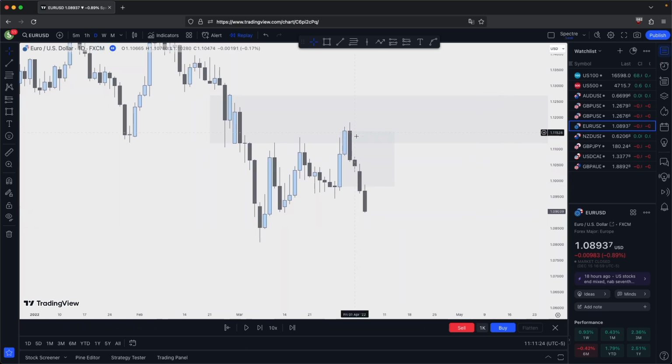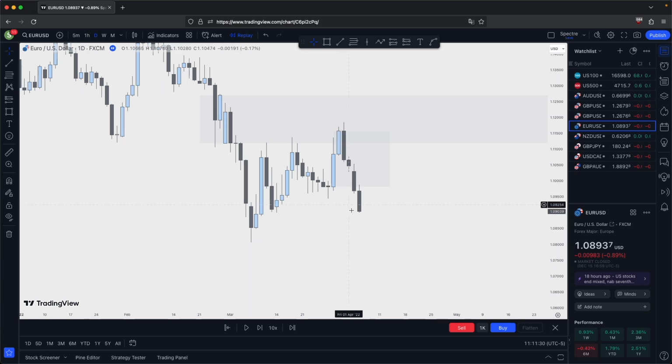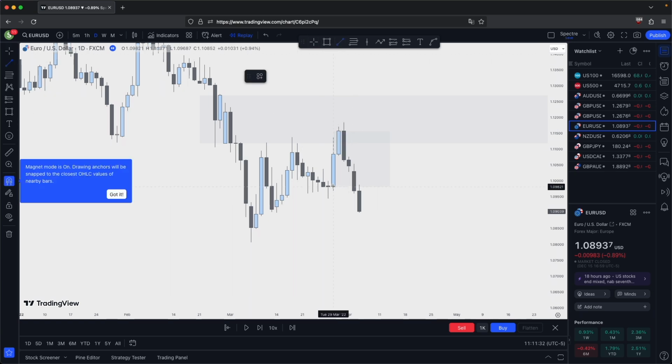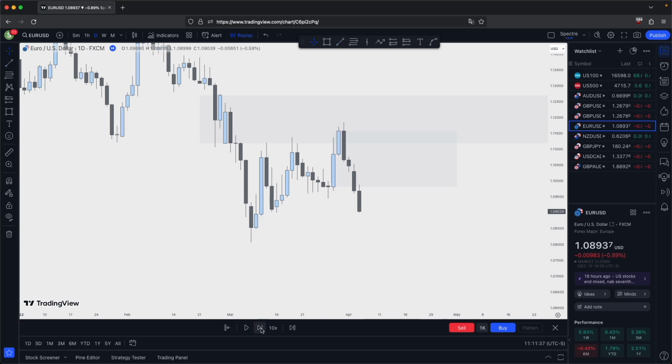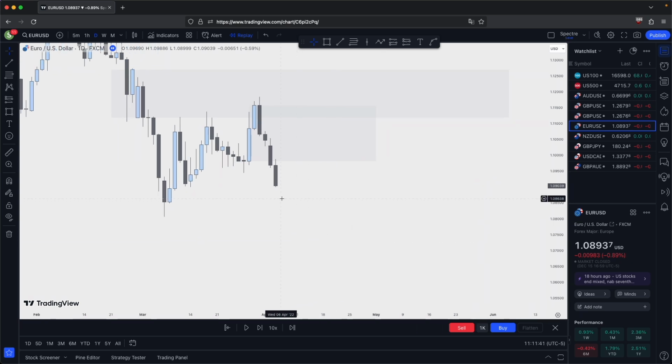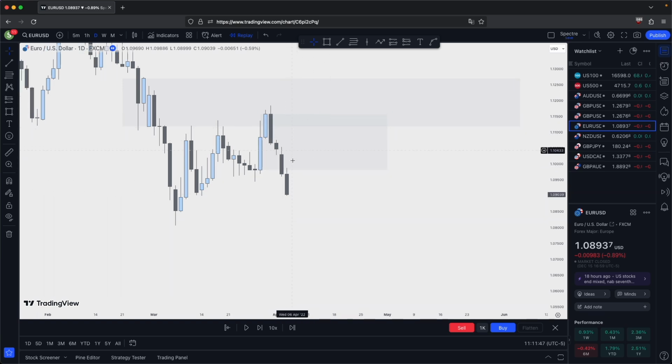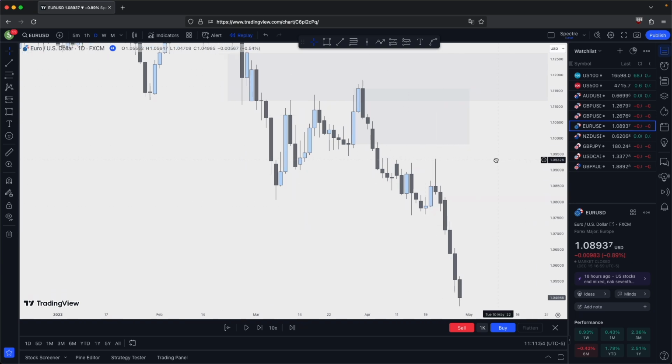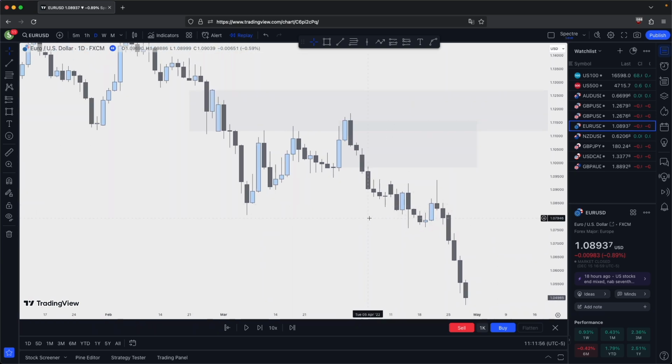Notice the difference here. This high stays intact after taking out these two highs, and it shows a heavier displacement lower, taking out the open of this order block range, validating this bearish order block. Now you would anticipate price to retrace into this and continue lower, or it doesn't have to retrace, but this order block would ideally stay protected because there's a high probability order block in line with your higher time frame direction. So price doesn't retrace into that, fair enough, but you can see how important the validation of the order